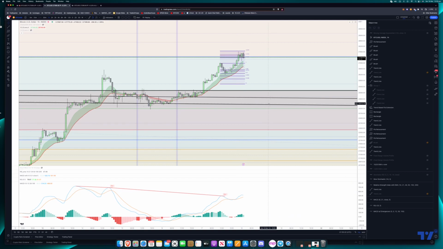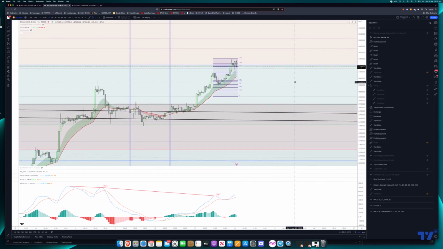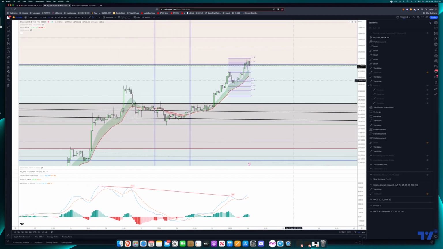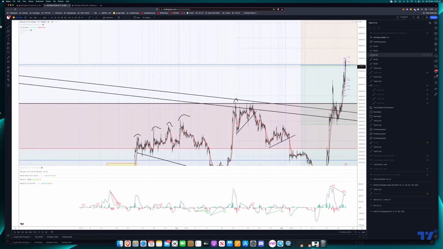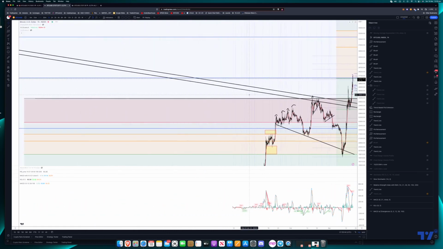It's not to say it's not going to go up. It's just that from a short-term trade, we're looking for short-term trades. That's all we're interested in. We've got the macro pretty much going up. 30 to 32k is going to be a bit of resistance, and then after that it will be clear. So 28 to 32k is where we're going to see a bit of resistance, because if we look at